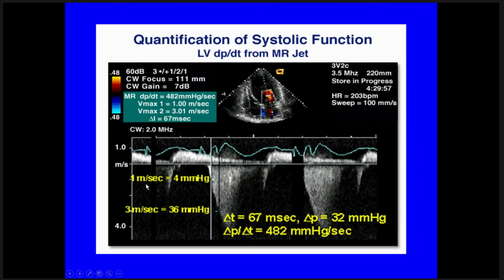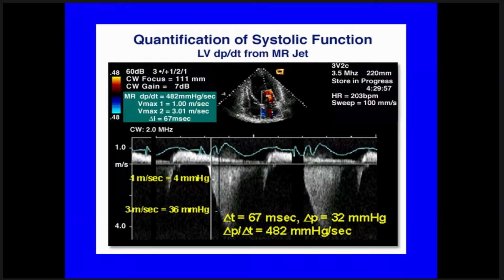If you convert that with a modified Bernoulli equation, you end up with 4 millimeters of mercury at the first time point and 36 for the second time point. So now in the numerator, you have a 32. And for the denominator, we look at the time interval between these 2 points, which you measure from the continuous wave Doppler signal of the mitral regurgitation. In this case, it is 67 milliseconds. You convert it to seconds, so 0.067, and you end up with that dp/dt, which is markedly reduced in this